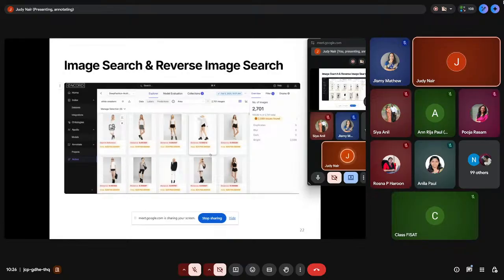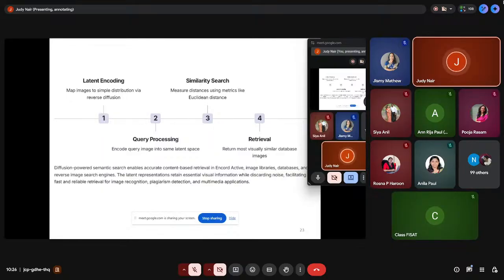This example which I've taken is from Encode. What they have used is that if you can log into Encode and choose a project, use natural language or image similarity, any option that you can give, that is what is given there. If you give that, it can generate logo templates on its own. Sometimes it is useful for other things like creating image libraries or image databases. You can generate and keep an image database, or sometimes in reverse image search engines also, these applications are used much. So generally, this is how it works.